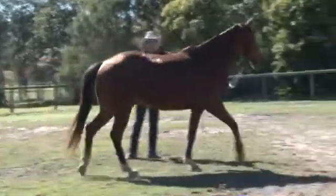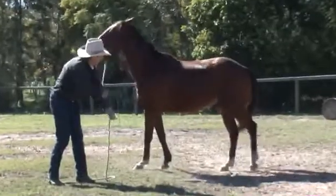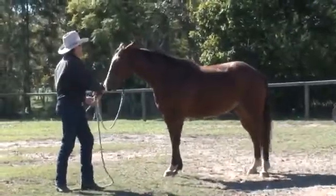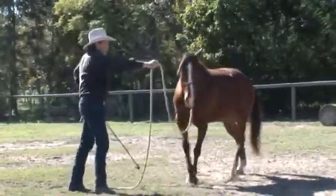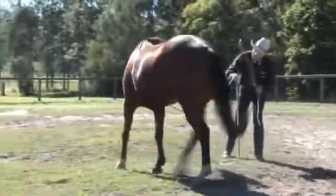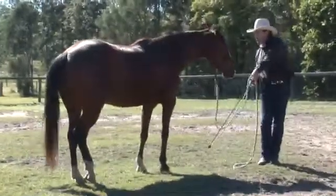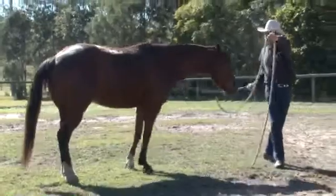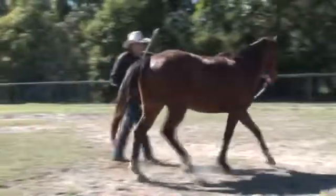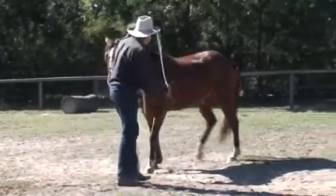Just did a walk. Hindquarter yield, remember body language first. Protect my personal space. Forequarter, good boy. Around here. Hindquarter, good boy. That's it. Forequarter, nice. Hindquarter. Once you can get this happening,